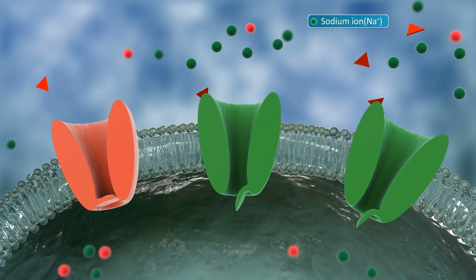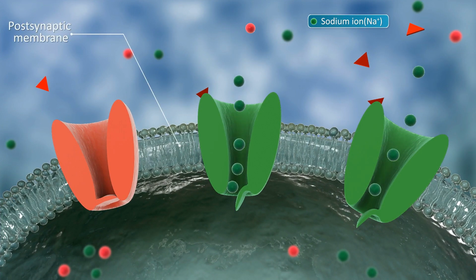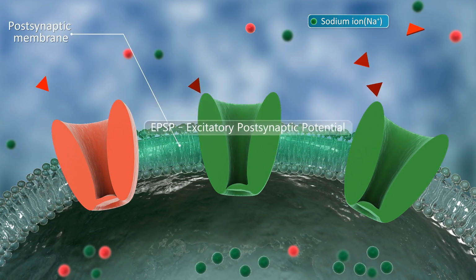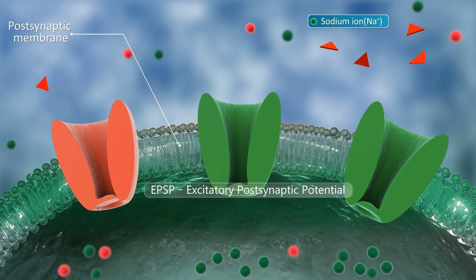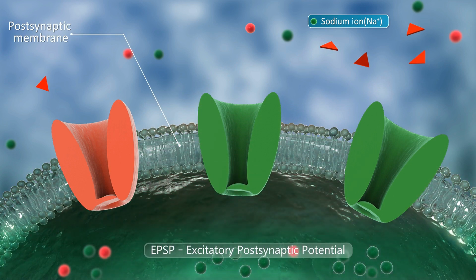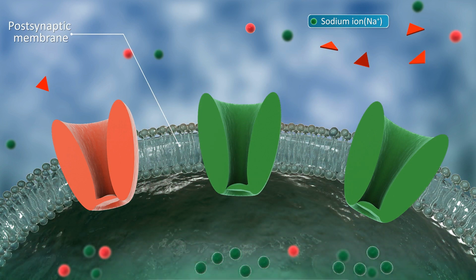If the effect of the neurotransmitter excites the postsynaptic membrane, an excitatory postsynaptic membrane potential, also known as EPSP, is generated. This localized depolarizing signal generally causes long-distance signals, action potentials, in the dendrite of the postsynaptic cell.